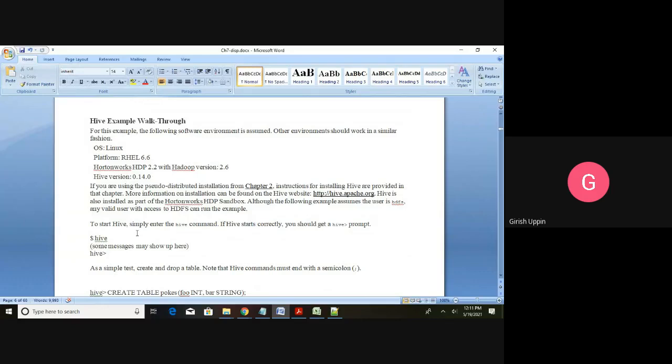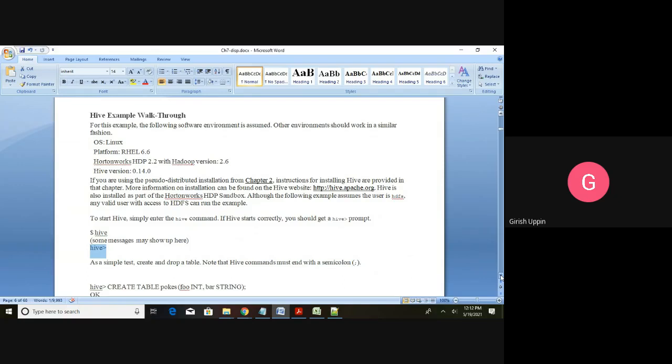How to start the Hive? You can use this particular command. The command is hive. Whenever you say hive on the command prompt, it will start executing Hive, and it will give some informational messages, maybe the version, things like that, and you will see a prompt like this. If you see the prompt like that without any error, that means your Hive is up